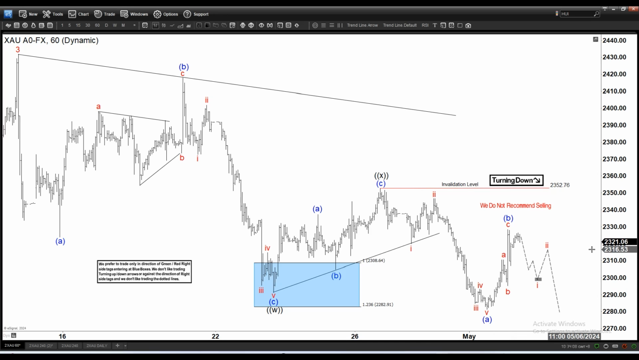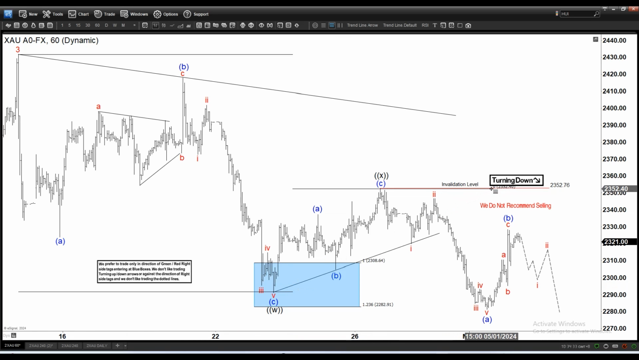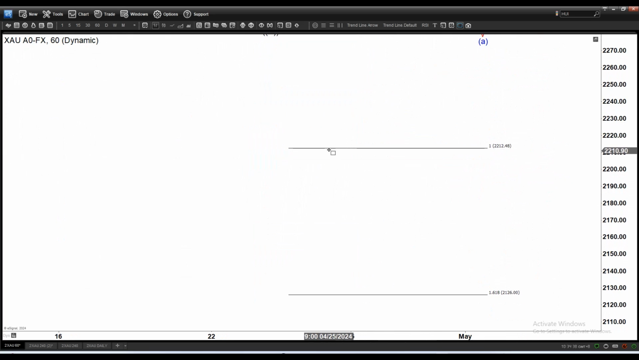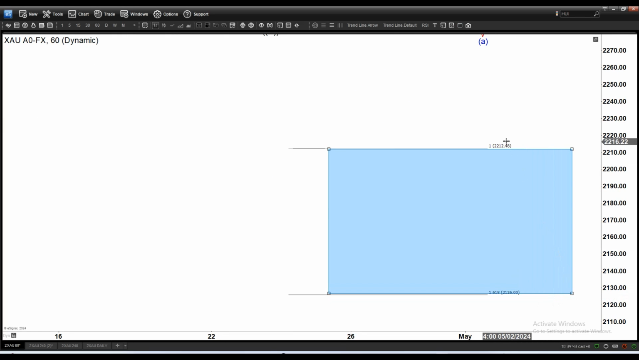So I'm going to talk about two possible paths here for gold to the downside, right? One path is what we are showing here, which is what we call a double zigzag. So we got this ABC zigzag ending W, X, and then we're looking for another zigzag down. Now in this structure, you're going to be looking for a target lower simply by measuring W equal to Y, right? So then that will be this area here as the next potential